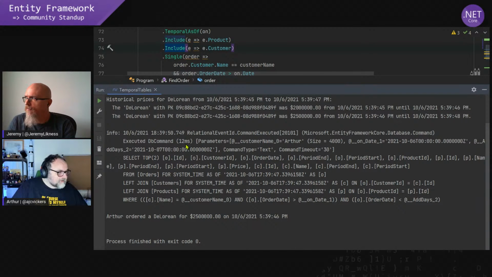The query here is just a pretty normal type of query. We're pulling in the period start and period end columns. By the way, these are hidden in SQL Server by default, so you won't normally see them, but we pull them in so that we can populate the shadow properties. And then it's using the SQL Server feature for system time as of. This is what our temporal as of operator